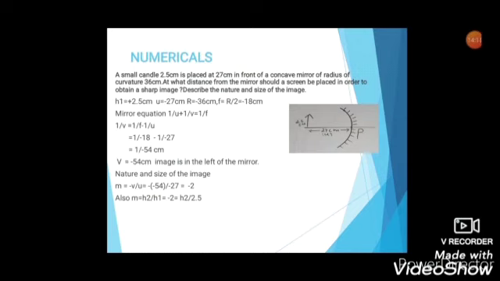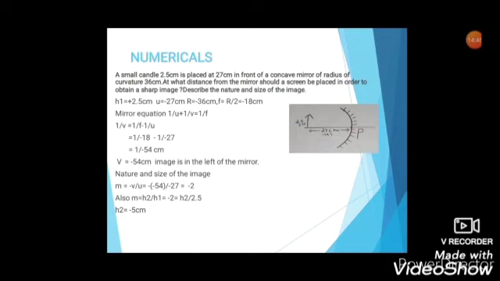So I'm going to put the value as magnification, minus 2, is equal to H2 by 2.5, which is H1, already given in the question. So from this I get H2's value as minus 5 centimeter, right? Now when I look at this, H1 is 2.5 centimeter. While comparing the height of the image, do not go for the signs. Only compare the values. H1 you got as 2.5, but H2, the image size, is 5 centimeter. So from 2.5 it has become 5.